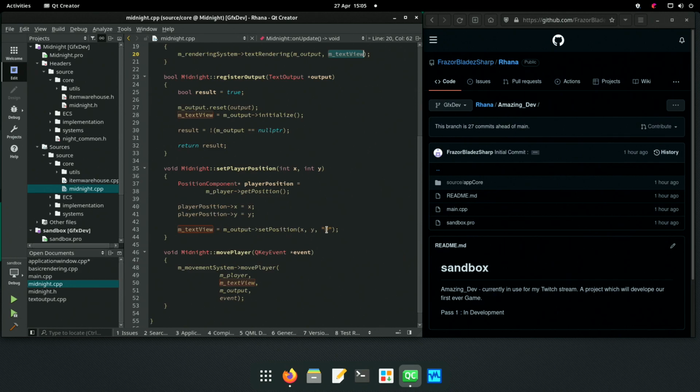But player position is... we've cut that route off straight away. Good. Right, so we did protect ourselves there. That's okay then. Yeah. The only way we can do it is to inherit midnight in its entirety. And to make mTextView equal to something different.